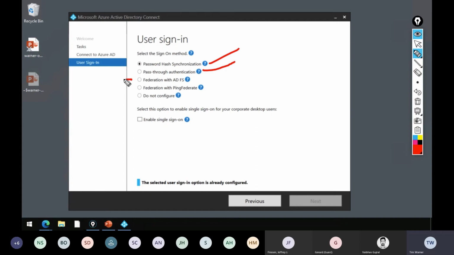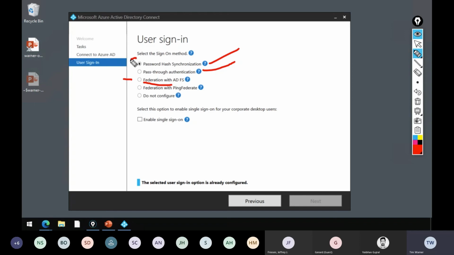And then third, if you're using Active Directory Federation Services, you can continue to use that farm to do true single sign-on using SAML tokens. And if you don't have ADFS deployed in your on-premises environment, this wizard will actually do most of the work of setting up the farm for you. I'm really impressed with the engineering in this application.